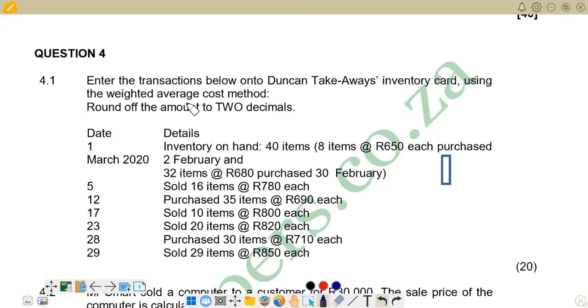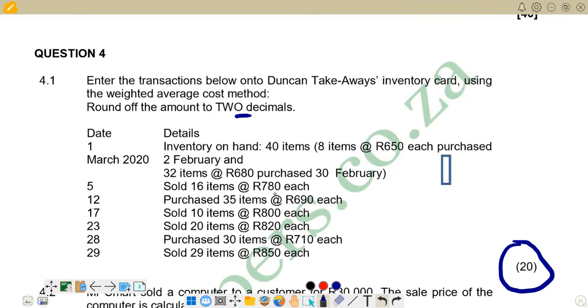If you read through the question, it reads: enter the transaction below into Target Takeaways' inventory card using the weighted average cost method. Round off the amounts to two decimal places. It is very important to take note: you have to round off to two decimal places. If you've got an answer with more than two decimal places, you round it off. We have 20 marks on that question, and in the beginning of the question, that is on 1 March 2020, where the period is starting,